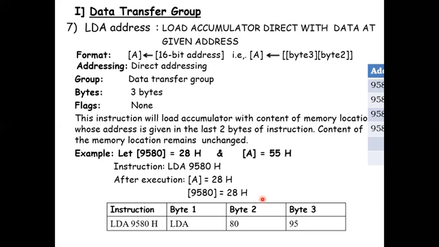This instruction will load the accumulator with the content of the memory location whose address is given in the last 2 bytes of the instruction. The content of the memory location remains unchanged. Let 9580 equal 28, so memory location 9580 has 28 and the accumulator value is 55. After execution of LDA 9580,